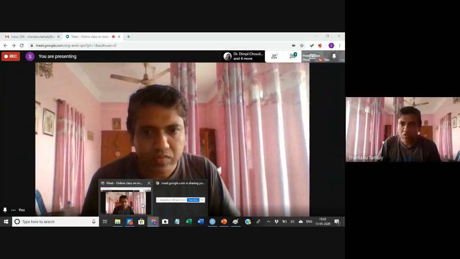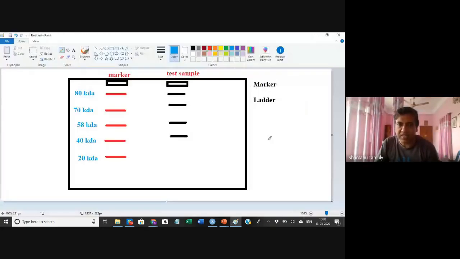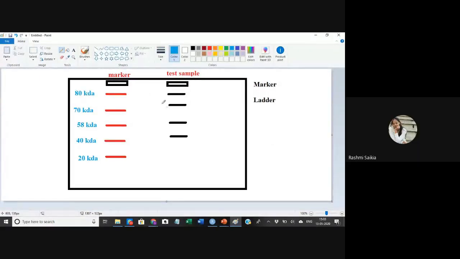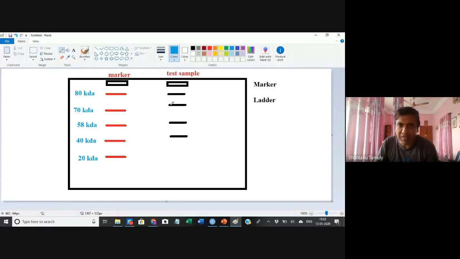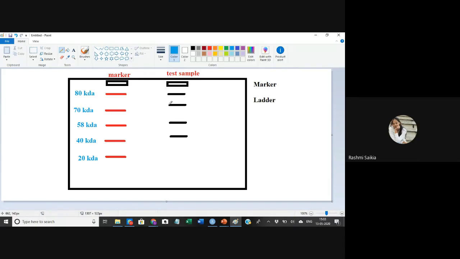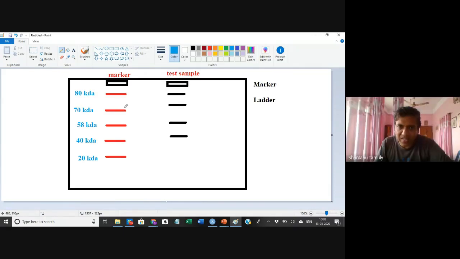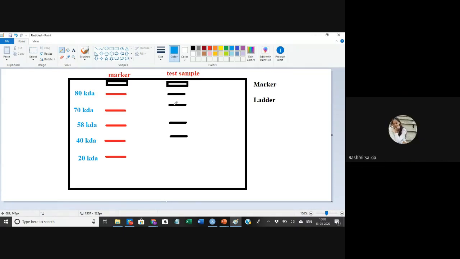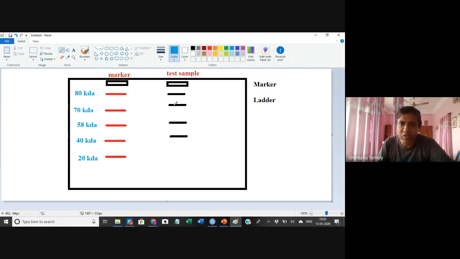So we have an issue over here. The first thing is that this band is coming exactly in the same line with the 80 kd, but this band is above 70 kd. So you have to find out what is the exact molecular weight. From here you can arbitrarily tell that it is say 75 or 72 kd, but you